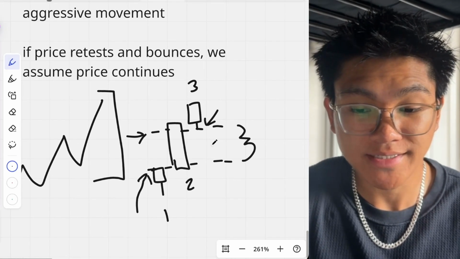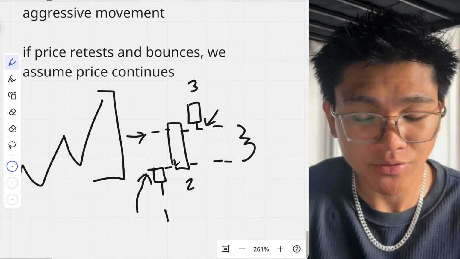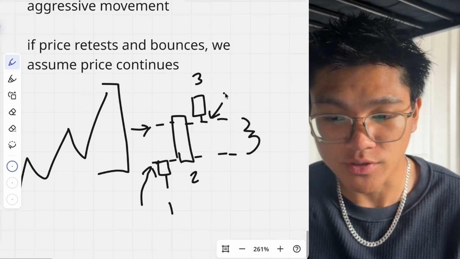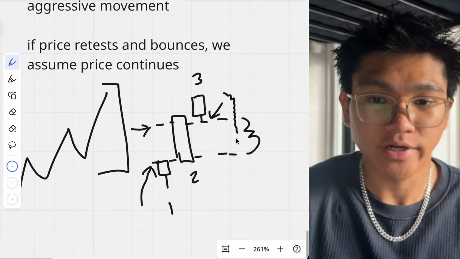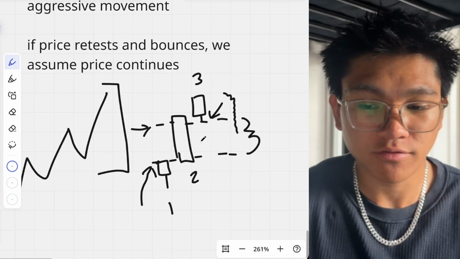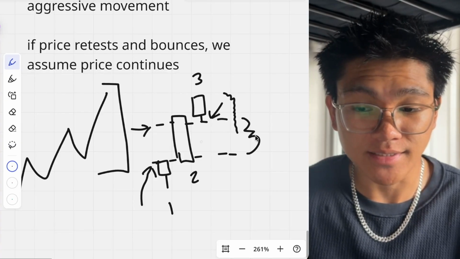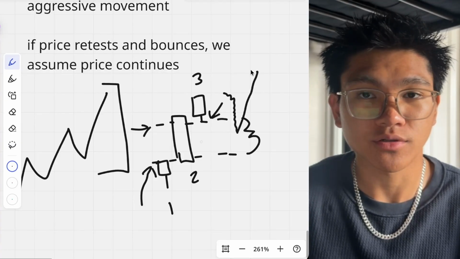Now, long story short, price moved up so aggressively in candlestick number 2 that if price were to continue moving over here, we are going to assume that there are traders who weren't able to get filled. So therefore, if they see price revisit this price area, they're going to want to enter to be a part